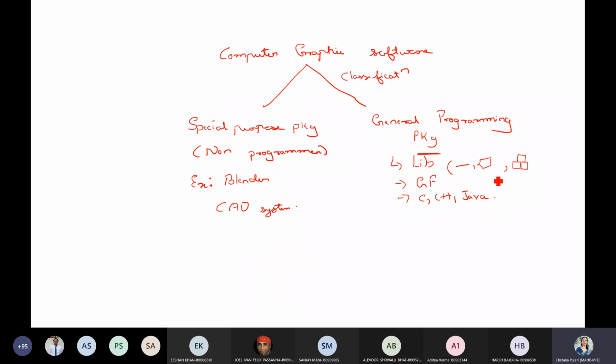That is also done. You have different functions which can be used to set colors, and you can do some kind of transformations.